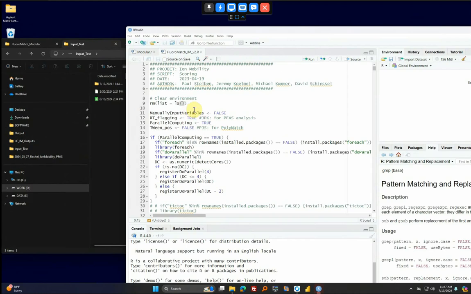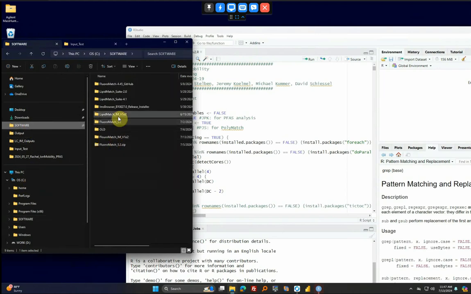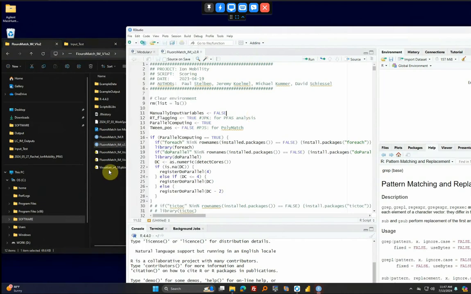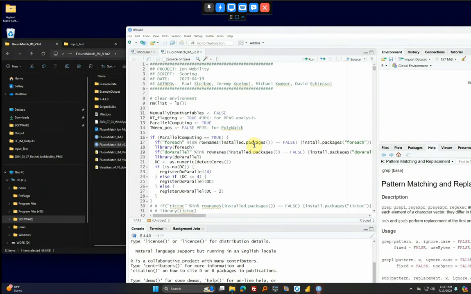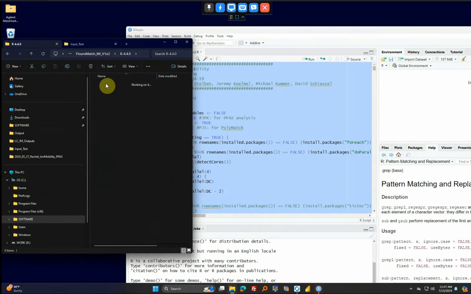The first thing that you have to do is open up your code, which, if you look at the FluoroMatch IM version 1.2 or whatever your version is, the latest one. And then there'll only be one code in this, but this is version 2 of the code. So you double click that, open it up, or better yet, open it in a text editor, press Control A, C, and make sure that you run it through